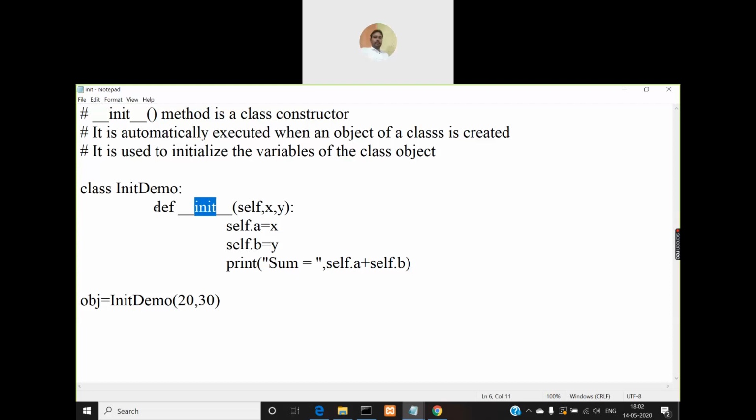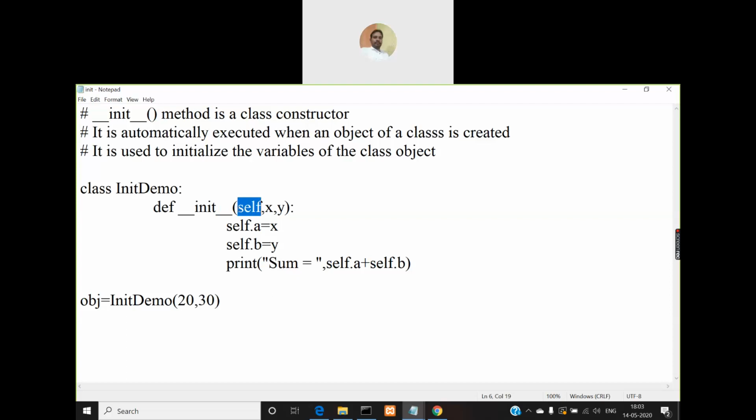and then again two double underscores. This is very important. If you remove any of these double underscores, one double underscore after it or before it, you will get an error. And as usual, for the definition of any function or any method, we will be having the self keyword, right? So that must be the first one. So even for this constructor, self must be the first parameter.